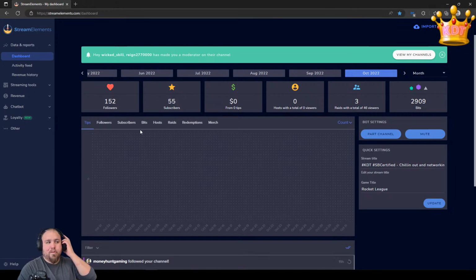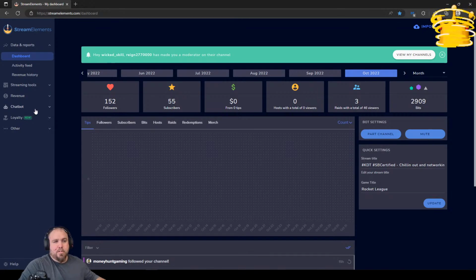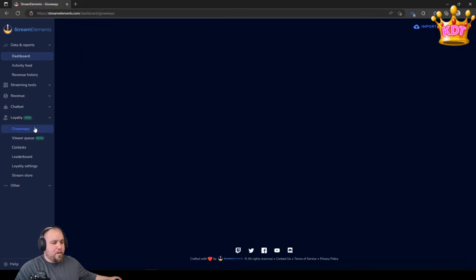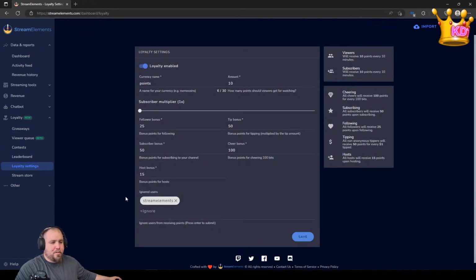But what a lot of people don't know is if you use the stream store in the loyalty section, you can actually add GIFs and sound alerts and all that kind of stuff through StreamElements. So you don't even have to use channel points from the Twitch channel. StreamElements actually has it built in here. If you go to the loyalty settings, this section right here is a way that you can have channel points without even being affiliate. If you're a non-affiliate, you can come in here and set this up, turn the tick mark on, and you can say how many points people earn for different things.